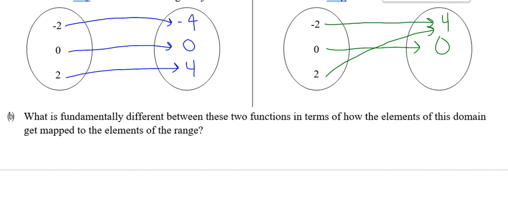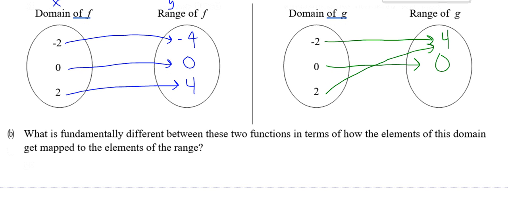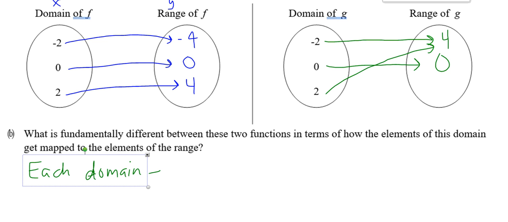All right, so part B says, what is fundamentally different between these two functions in terms of how the elements of the domain get mapped to the elements of the range? Well, if I look at my f of x function, every single input or x value gets mapped to exactly one y value. So I'm going to mention that. I'll say each domain element for that f of x function